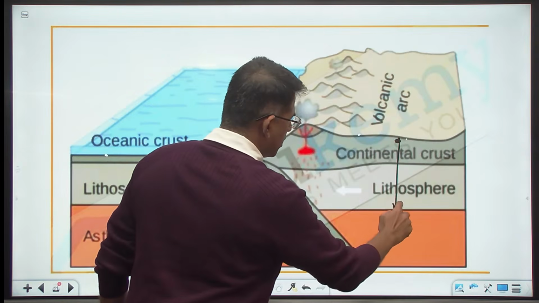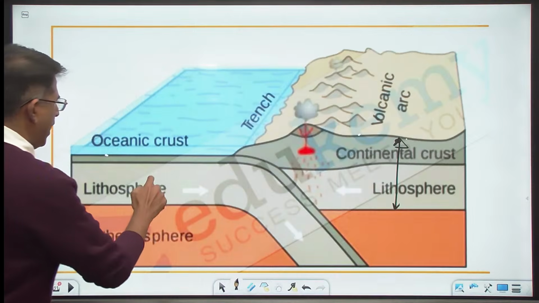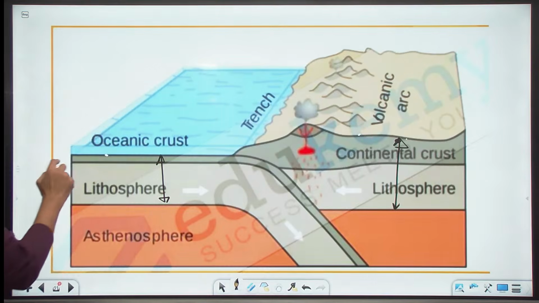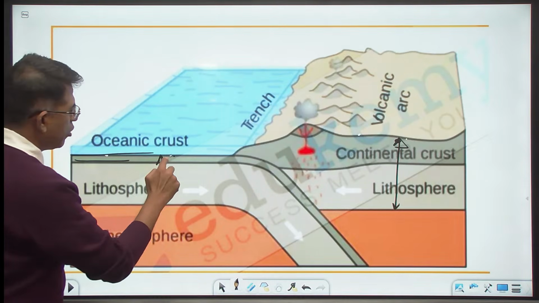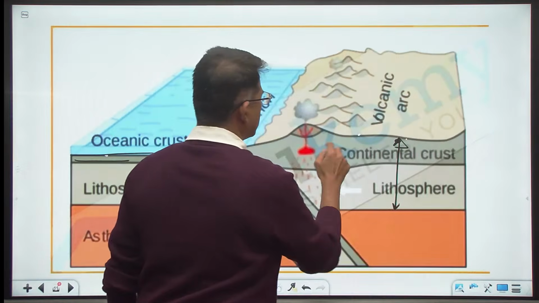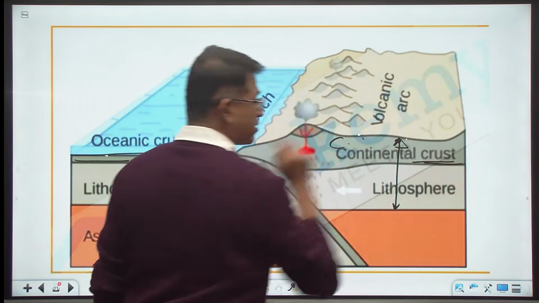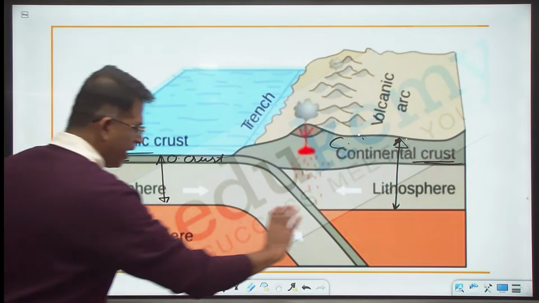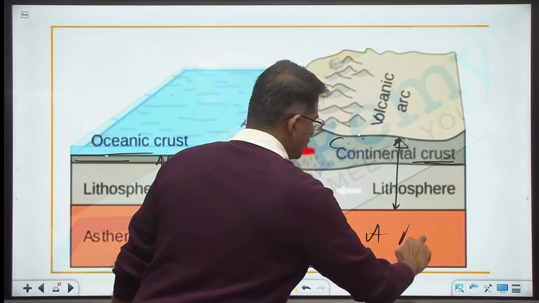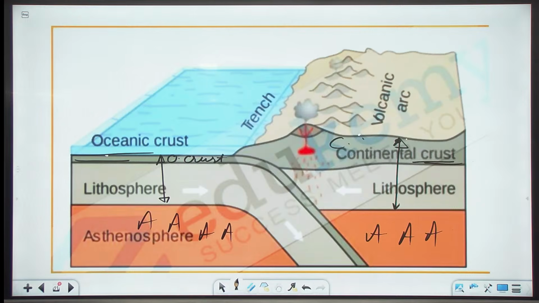So this is the ocean lithosphere, and this is the continent lithosphere. This is the ocean lithosphere. This layer is the ocean crust, and this layer is the continent crust, it is written there too. And below, this is all asthenosphere. So this is more or less how the Earth's outer layers are arranged. Yes, I encourage you, please draw these diagrams, but okay, draw it now that you are drawing anyway.